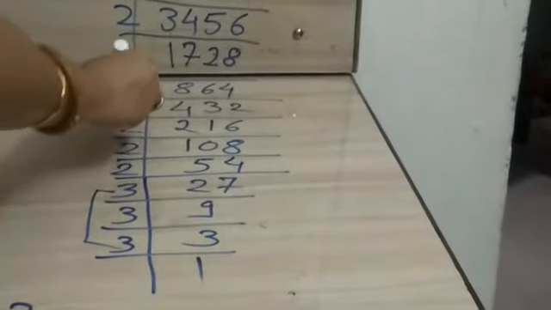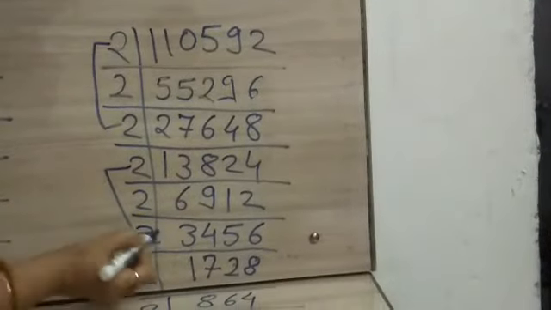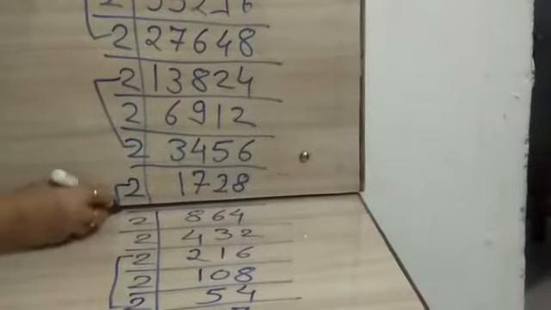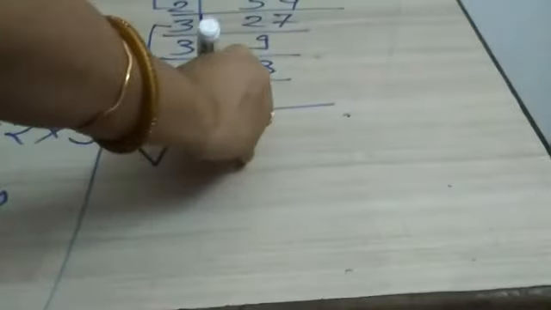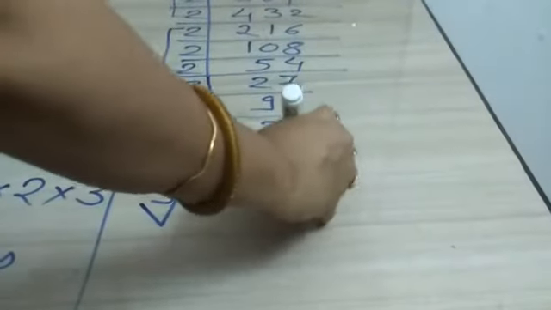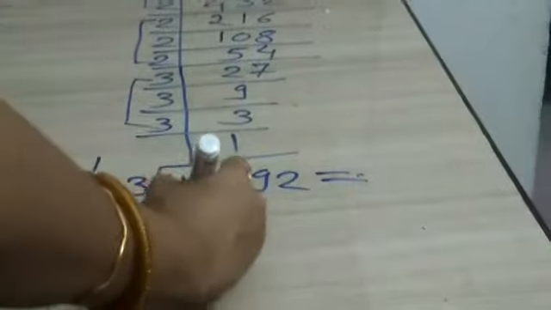Now we will make the groups. This of 3, of 2, this of 2, this of 2, and this 2. Okay, so we will write here. How are we writing? Observe properly. Cube root of 110,592 is equal to. I am writing here downside. There are no spaces there, so I am writing here.